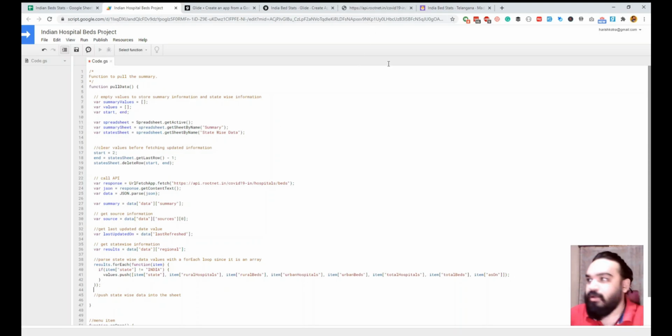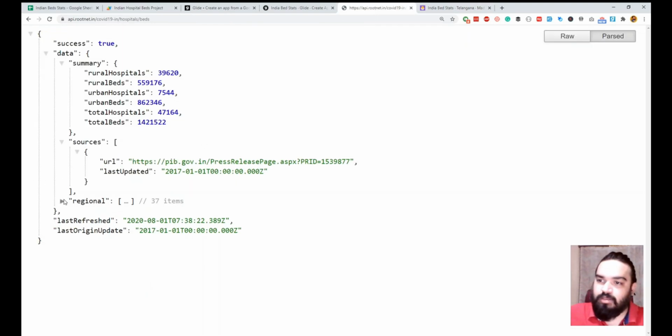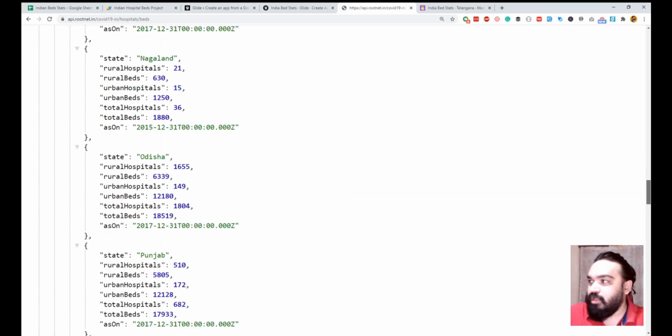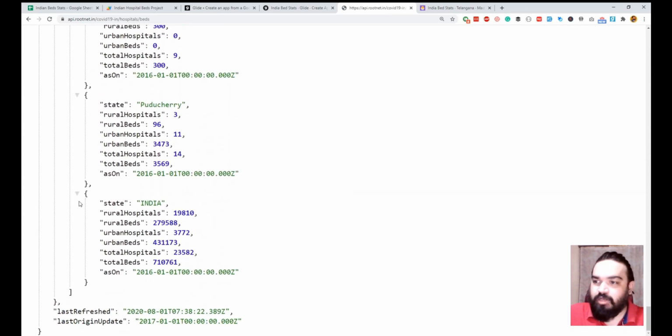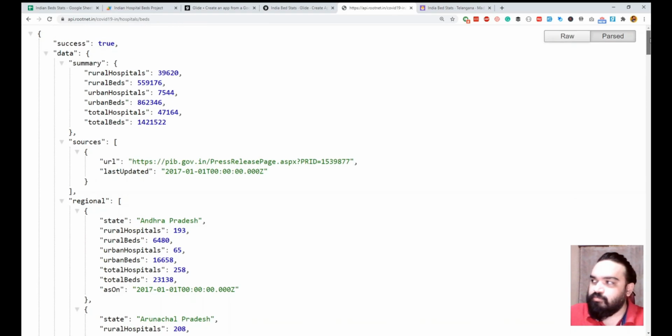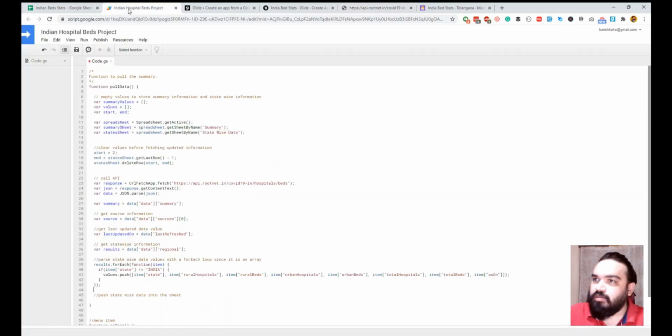And in the API there is also the total of all the states that is being printed at the end, which we will ignore. We don't need that information because we already have that in the summary. So I am just doing a variable check. If a state is India, I'm just ignoring it, otherwise I'm adding it all to the values array here, right? So we are adding all of that to the values array.